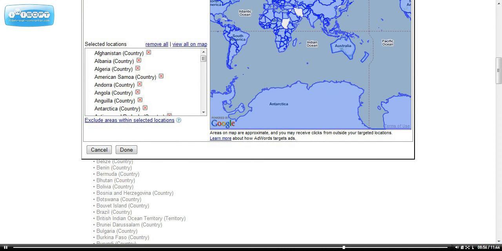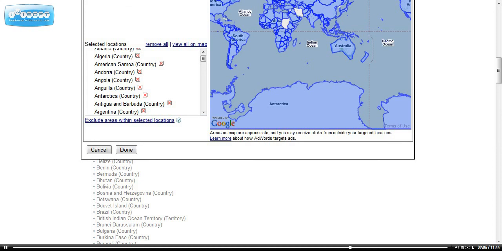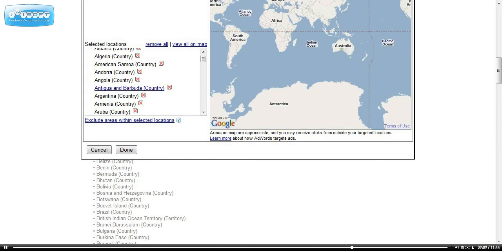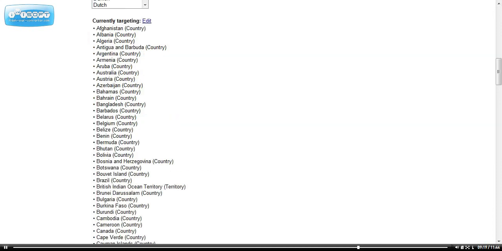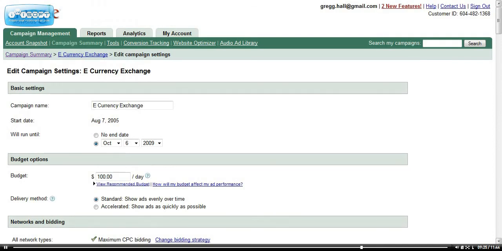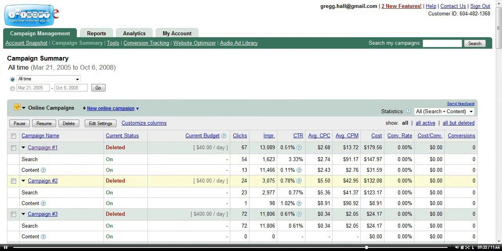And again, I have all of these chosen, and if I wanted to, I could click on Remove All, and I'll just maybe remove a couple here. And you can see that it's removing them as I click on them. And I'm going to click Done. So there I am back again here. Okay, so what I'll do now is I'll go back to a campaign that will show you how to do one locally. So I'll go back to Campaign Summary,